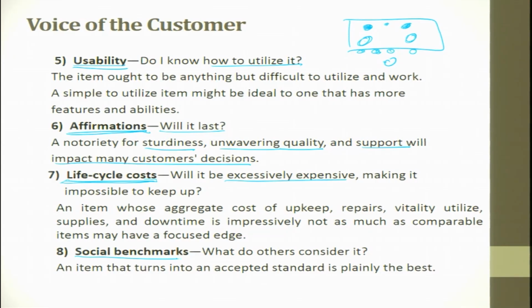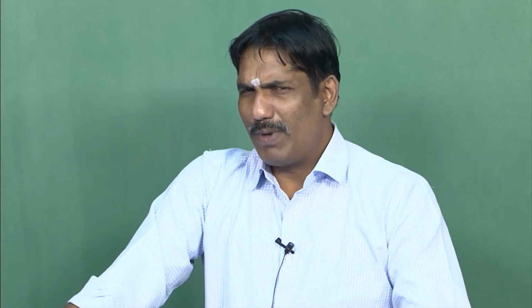The last one is social benchmark. For example, when I bought a car, I was looking for a car which is white in color, and at that point of time there were only a few players in the market who produced yellow or orange color cars, and not many people used to take them. Whoever picked those cars was looked upon as an odd man out. Today society has grown up, society has accepted orange, yellow and apple green as colors, and today you see products coming in them.